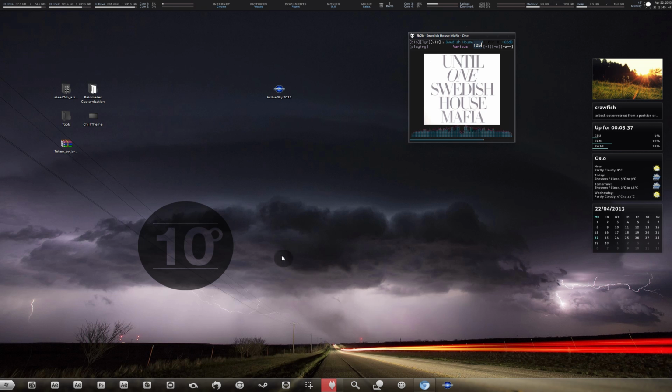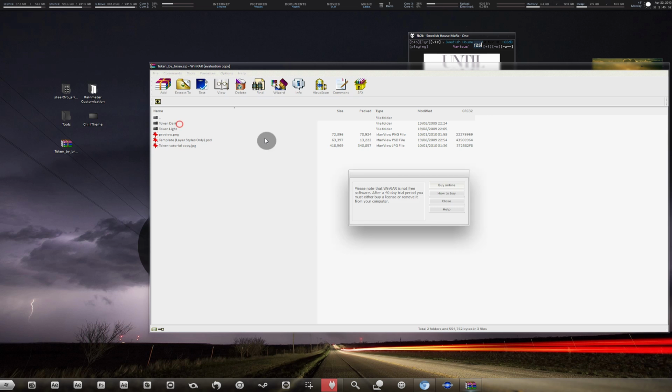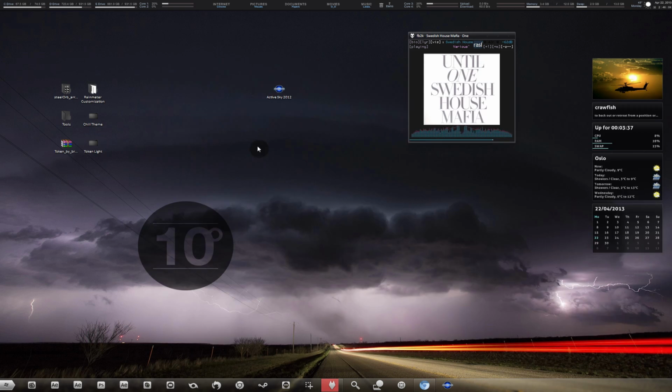All we need is to download an icon pack, and you can find the link in the description. In my case, I like using the Token icon pack. So if you open that up, you see you've either got Token Dark or Token Light. I want the light icons for this dark bar. So if we just extract Token Light, and I recommend extracting this to a place where you don't need to delete it, so My Pictures, for example,